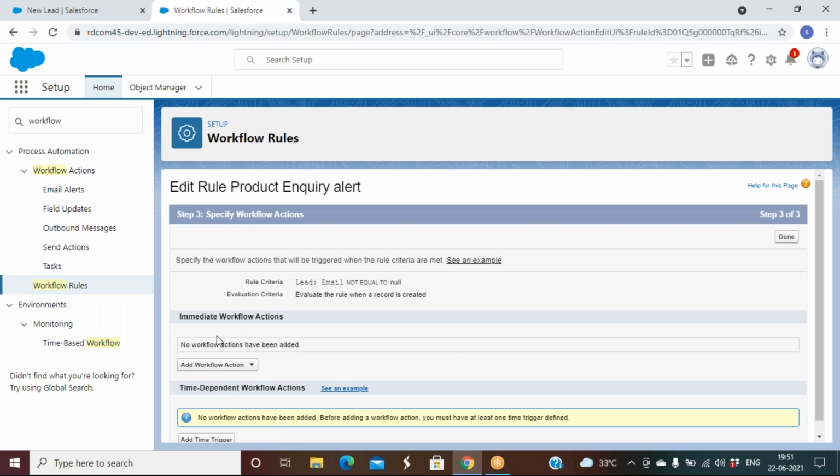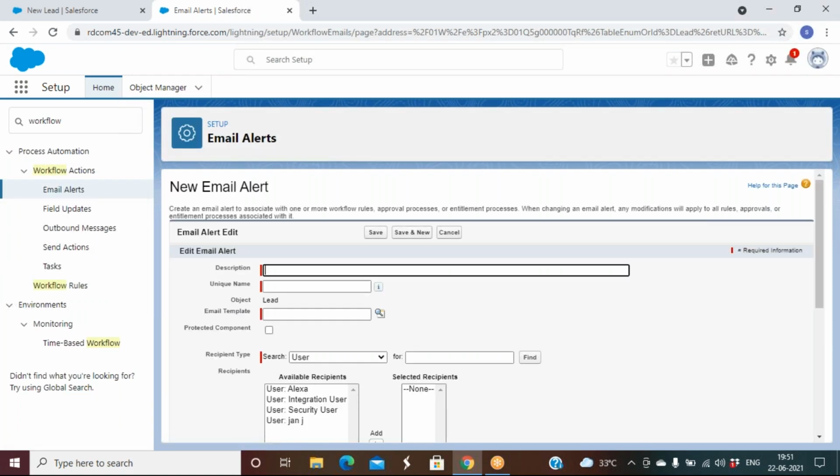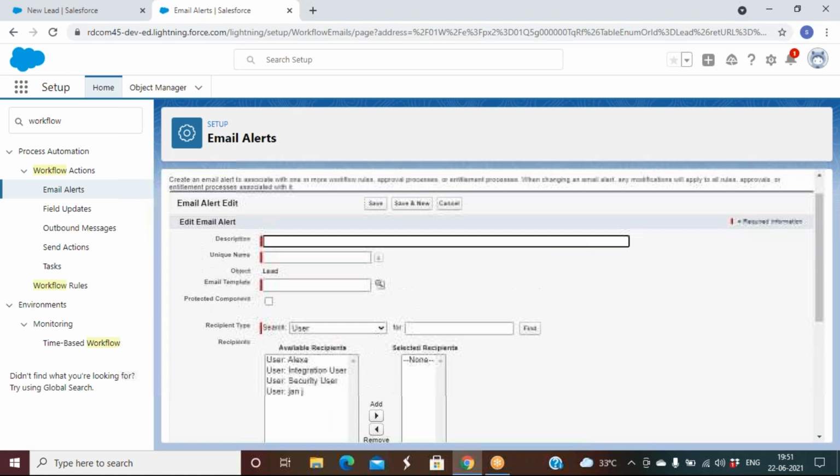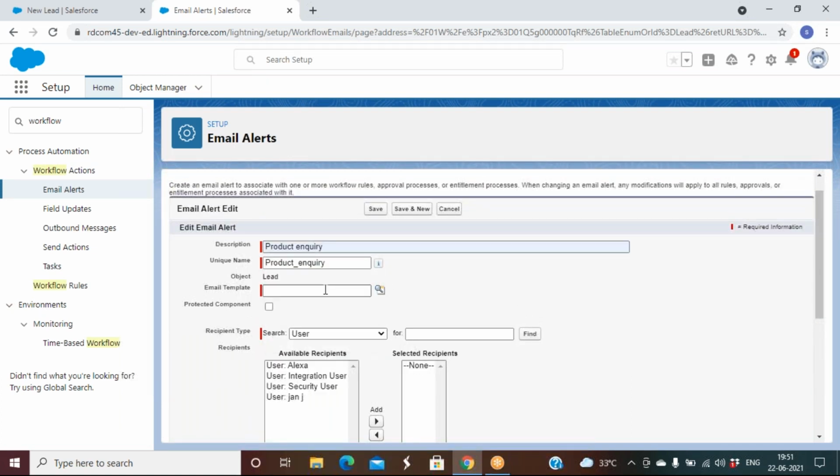So what action do you want to perform? Lead object, when a record is created and the email is not equal to null, it has a value. Then what action do you want to perform? Email alert. So for the description, I'll say product inquiry.